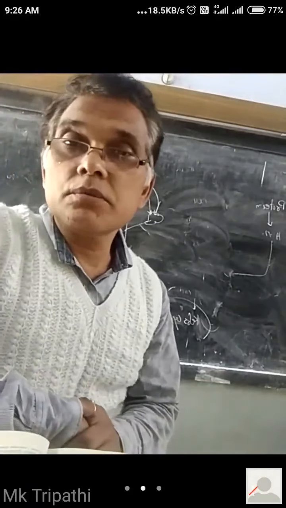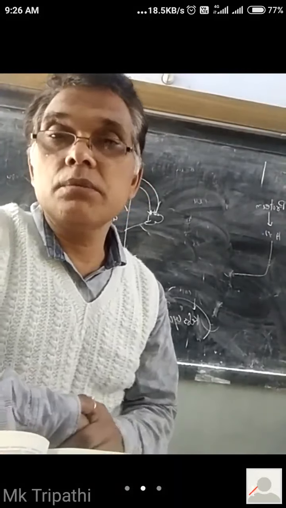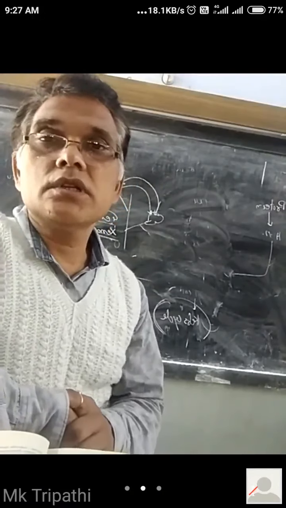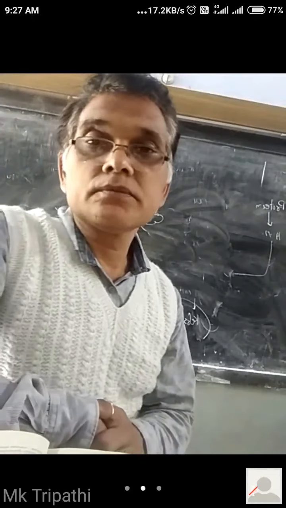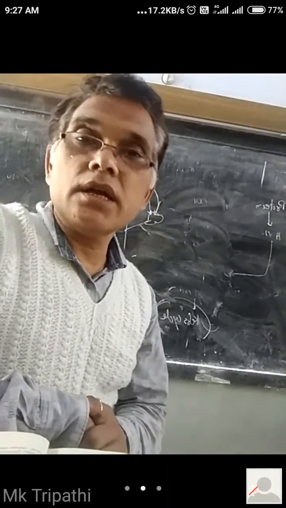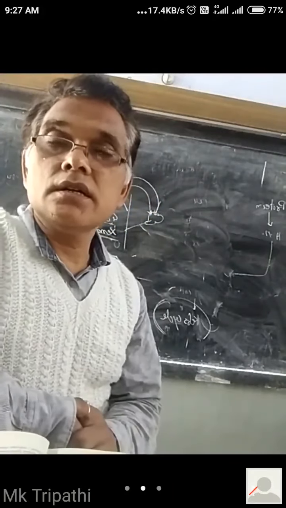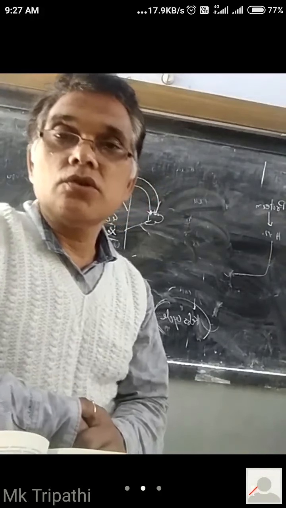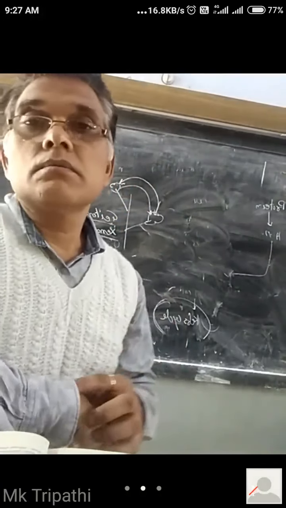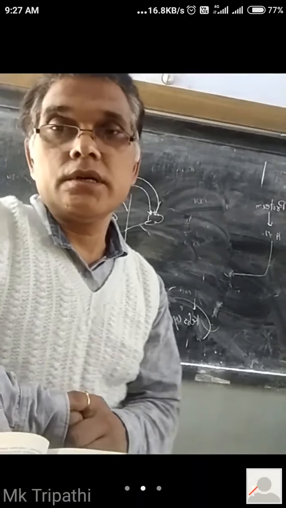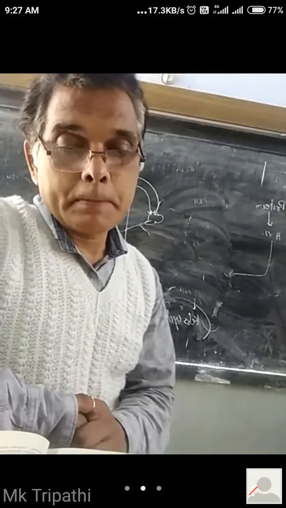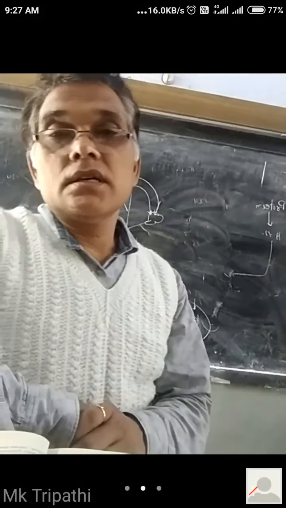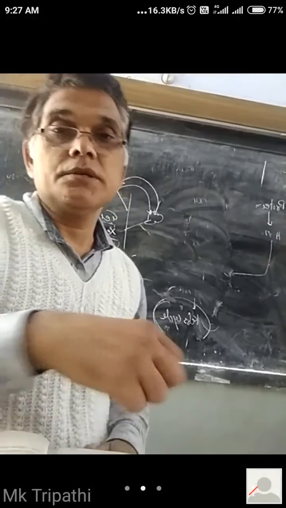Dichogamy, hercogamy, these are other types of devices. Dichogamy means both the male and female parts mature at different times. Hercogamy, or heterostyly. Heterostyly is a difference in the length of style and stamen, due to which it is not self-pollinated. So these are the different types of outbreeding devices that prevent self-pollination.